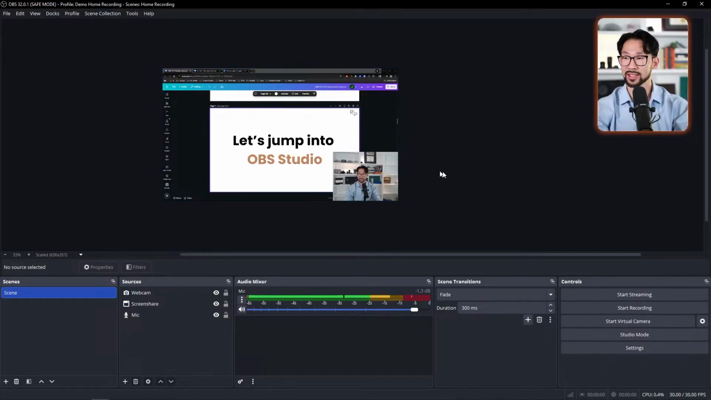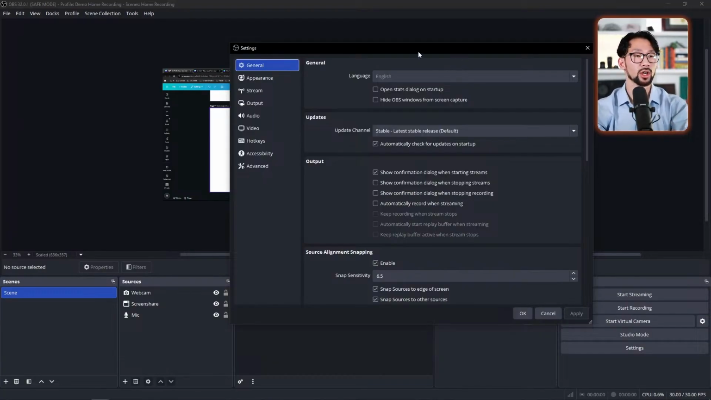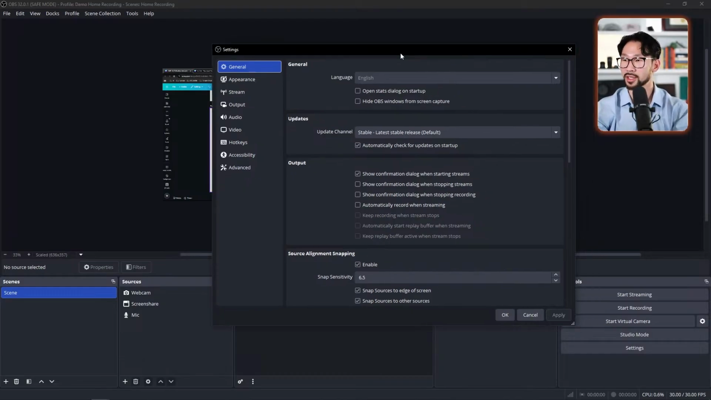So now that we have this set up, I'm going to go to this right side here and it says controls. There's different options here, but the main ones that you're going to be concerned with are start recording and then settings. So first we're going to go to settings here. This is essentially going to show you all the different intricacies that you can outline and determine in your settings